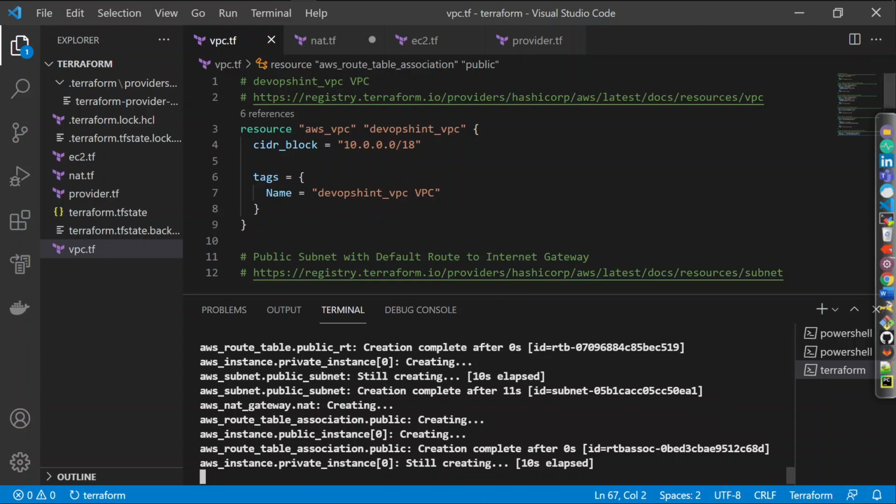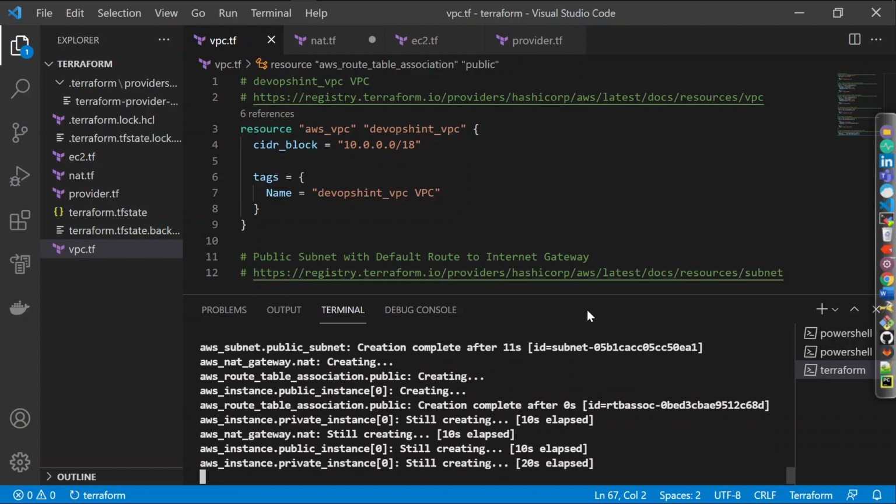It will create the resources one by one, the VPC, then the internet gateway, then it will attach that internet gateway to the created VPC, then the public subnet and the private subnet.